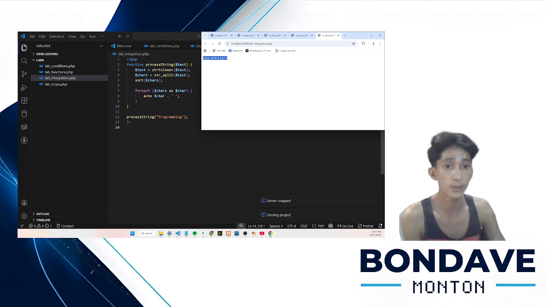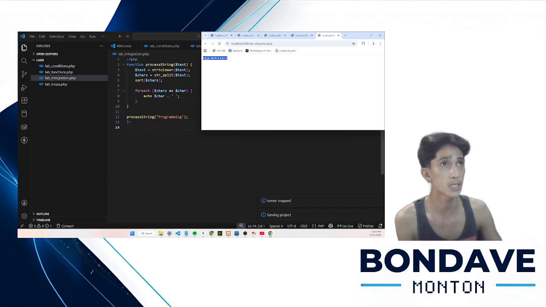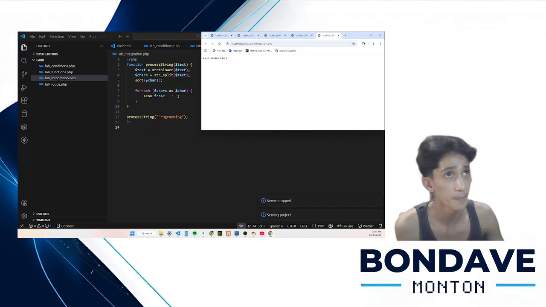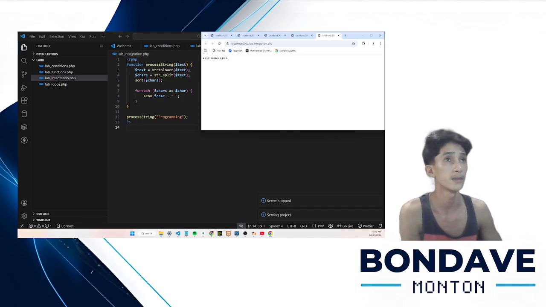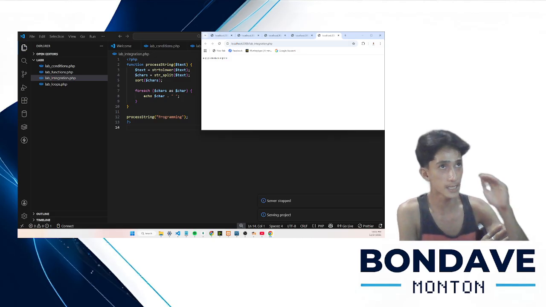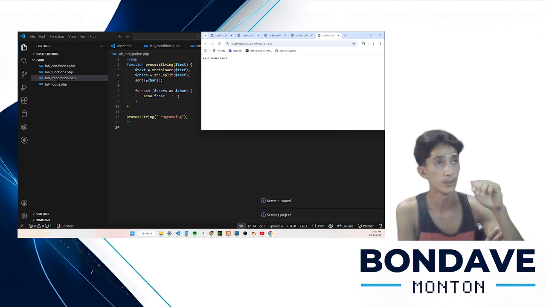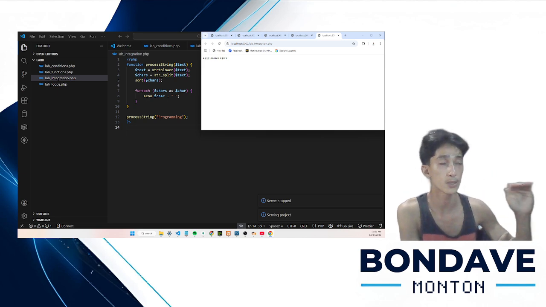The output is all lowercase, and it is split into characters, which means it has a space between every letter. Split into characters means it has a space on every lowercase letter.